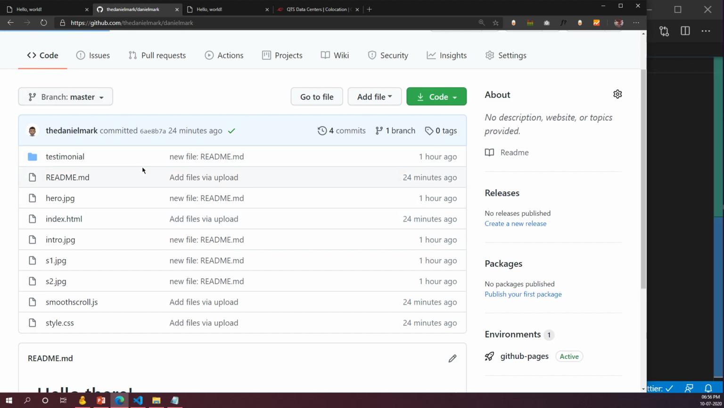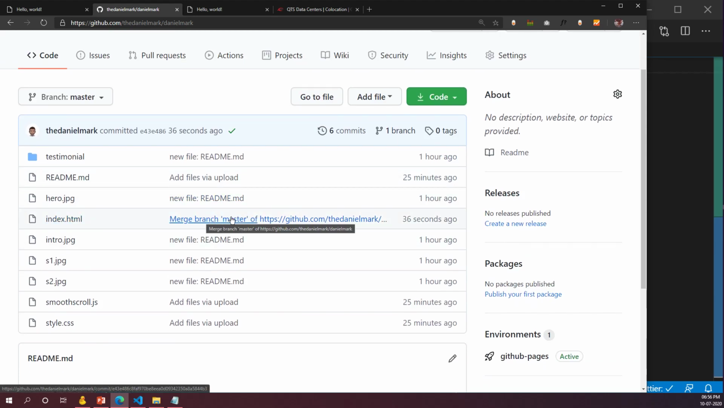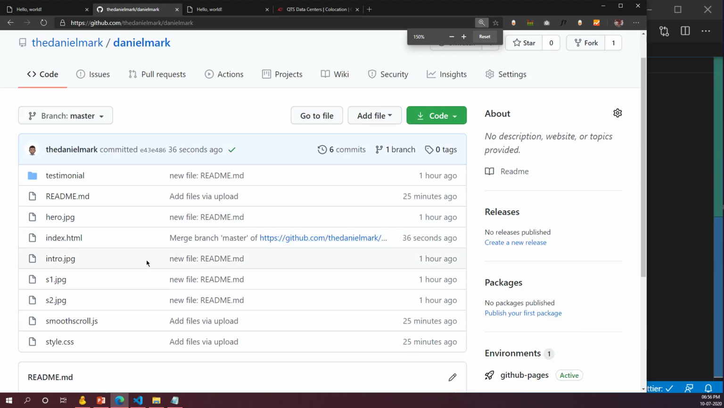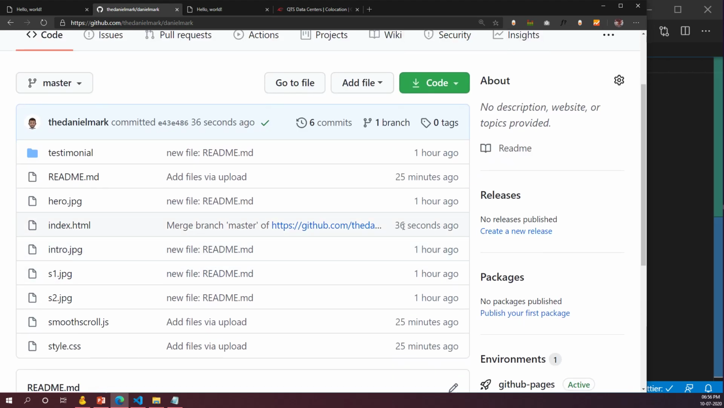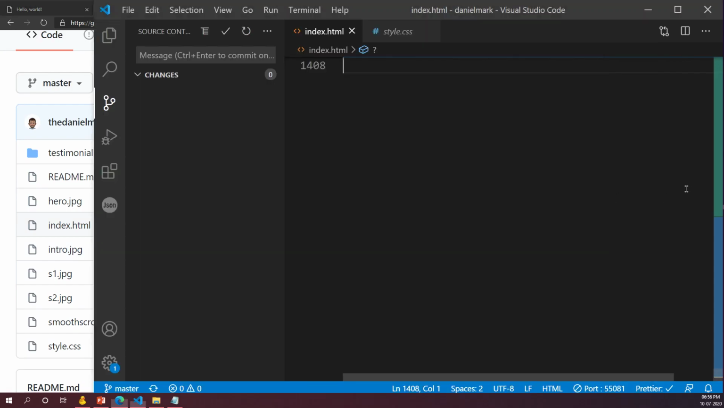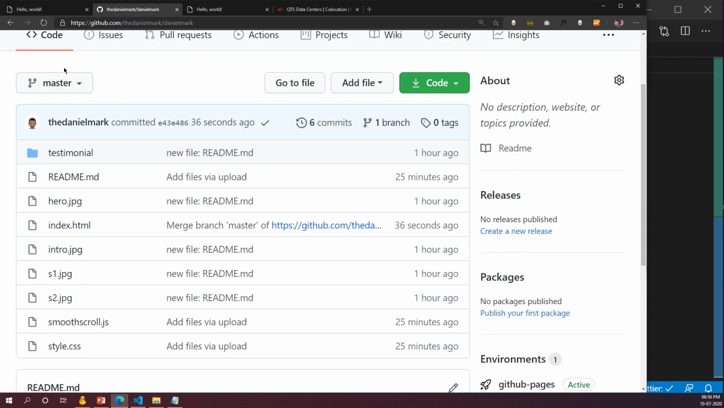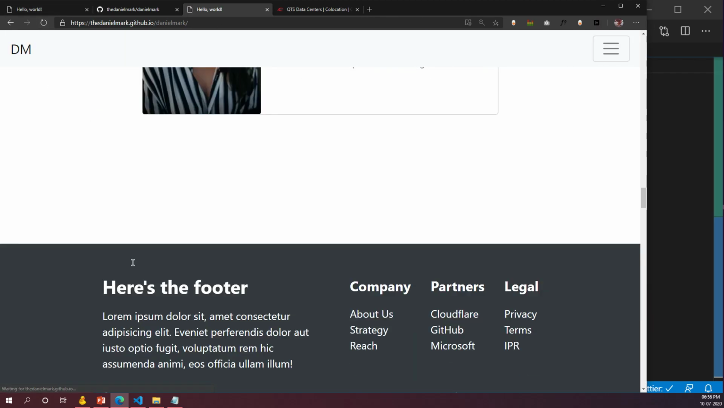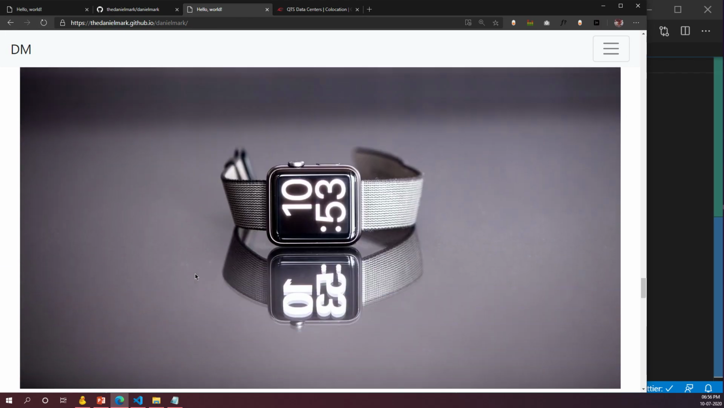Now if I click on refresh, it will say index.html merge branch master, and it says 36 seconds ago. If you look at the full message, it should show me my commit message. No, it won't. I overwrote it. Anyway, it says 36 seconds ago. So you guys see the change, right? I just made a change here and I pushed it and it went to my GitHub repo. Now if I go to my web page and I hit refresh, it says,